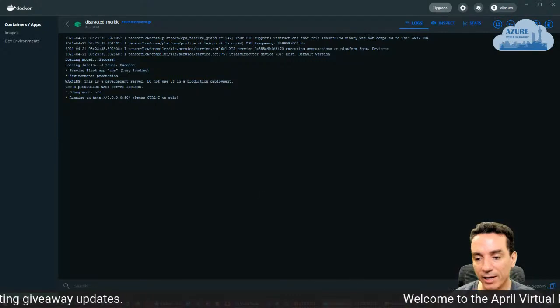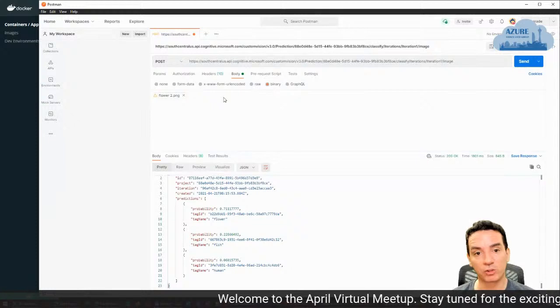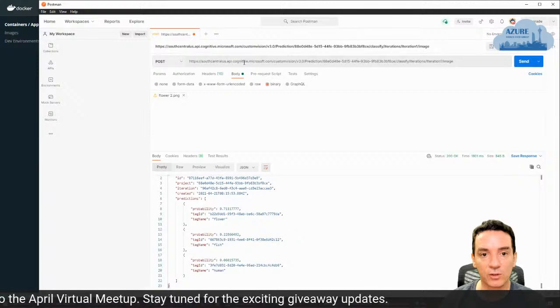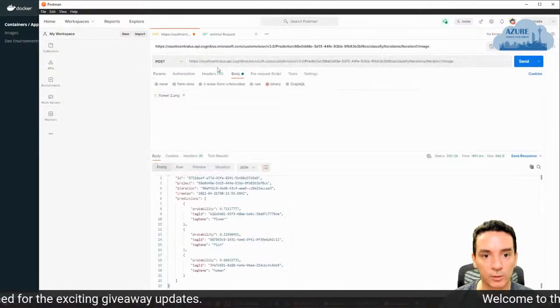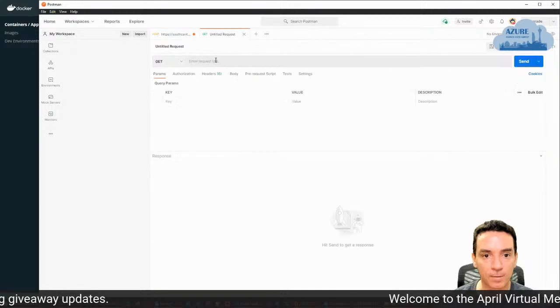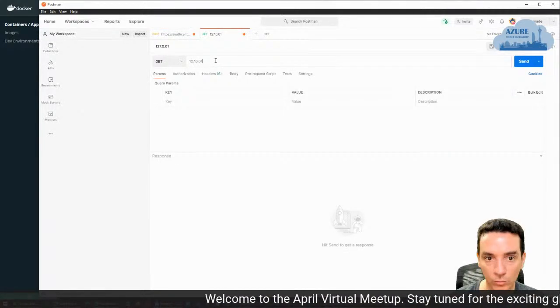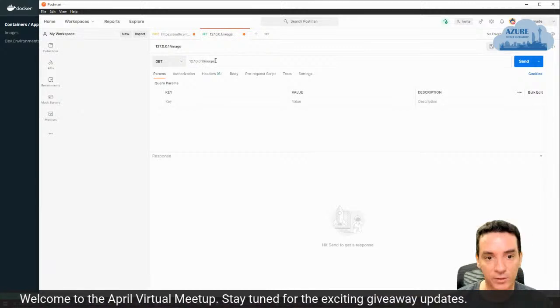And what I can do now is basically pick up the Postman project that I created before. Instead of using this URL, I am going to use the smaller one, my localhost image.